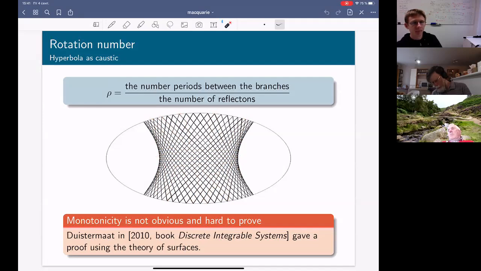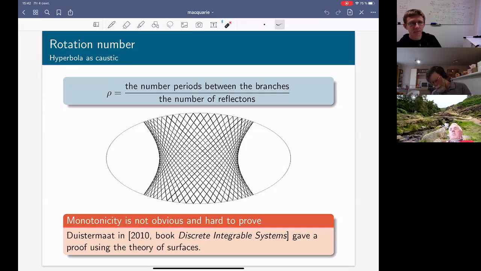And now one can also ask about the monotonicity of the rotation number. If you make a computer numerical simulation and make graphs, you see that this rotation number also seems to change monotonously as this confocal hyperbola changes. But first, this property is not at all obvious from the picture. It is not obvious how this rotation number will change. And second, it seems it is not possible to prove it elementarily. So the only proof of monotonicity, to my knowledge,